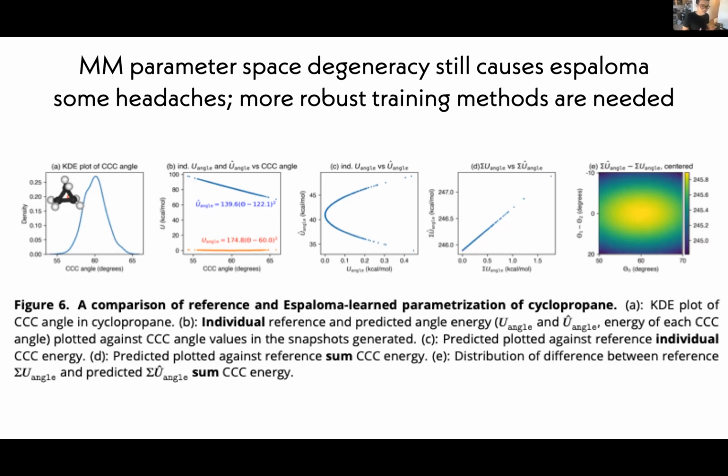Actually, it doesn't matter how much you deviate, as long as one of your angles is between 50 and 70, and the difference between the other two angles is from -10 to +10, then you can never get a relative RMSE greater than 1 kcal per mole, meaning that these two parameterizations are almost equivalent. And this is actually a debate that has been going on. John told me that in Open Force Field and elsewhere, there is a question whether we should parameterize cyclopropane as having 60 or 109 degrees as its equilibrium angle. All right,